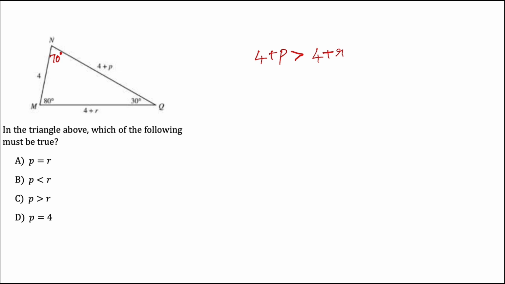So 4 plus P is greater than 4 plus R. So if 4 is subtracted on both the sides, this gives P is greater than